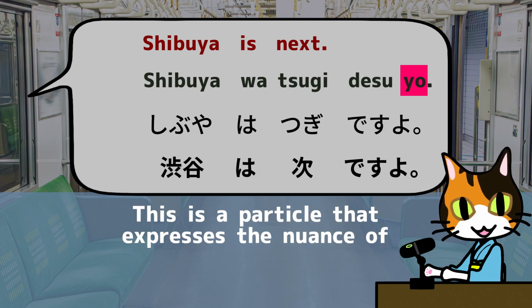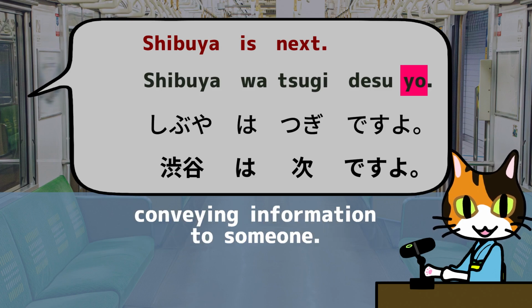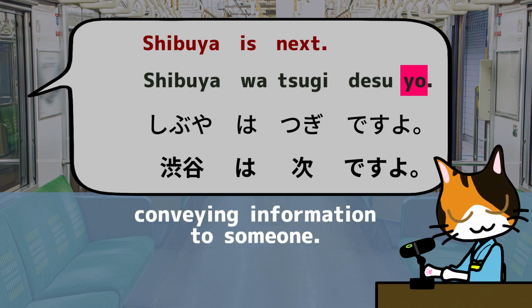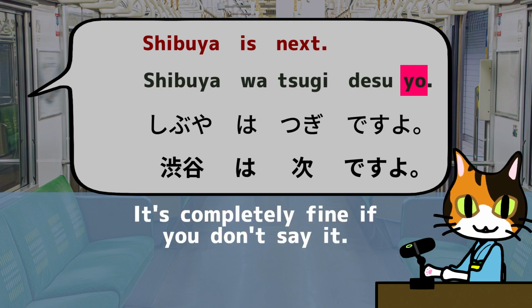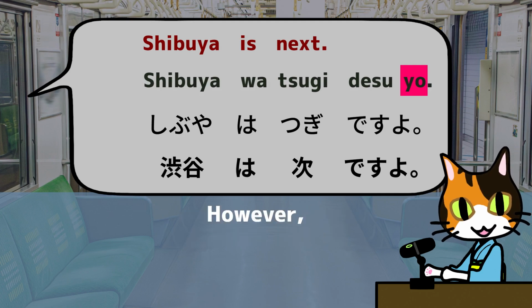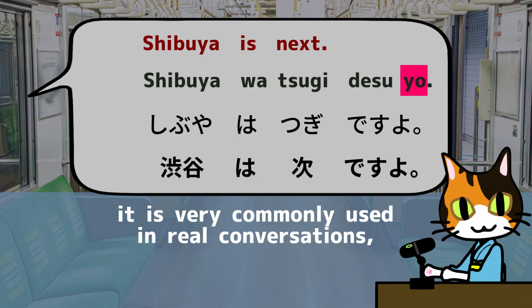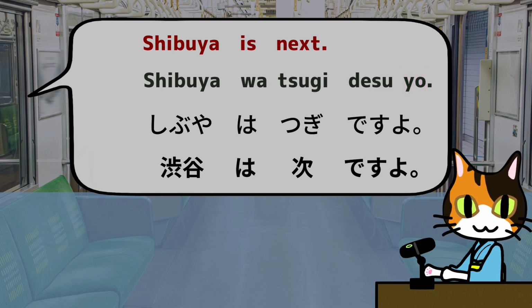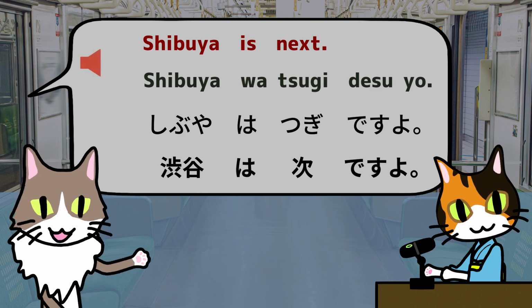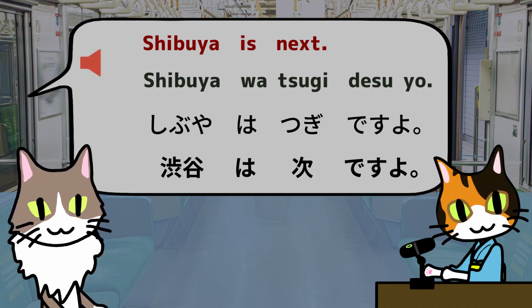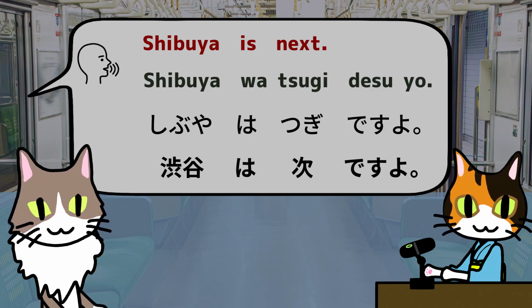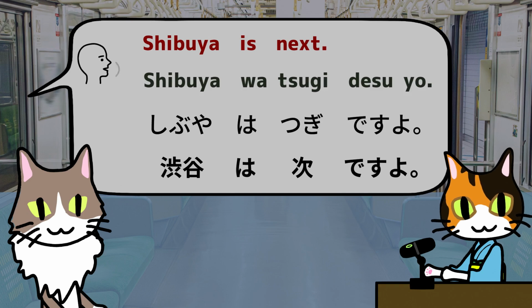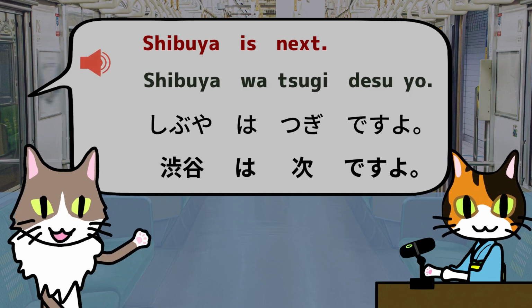This is a particle that expresses the nuance of conveying information to someone. It's completely fine if you don't say it. However, it is very commonly used in real conversations, so it's good to get used to it. Let's practice. 渋谷は次ですよ。